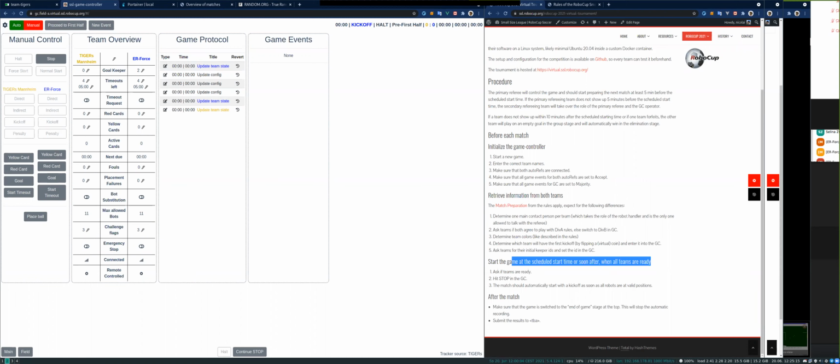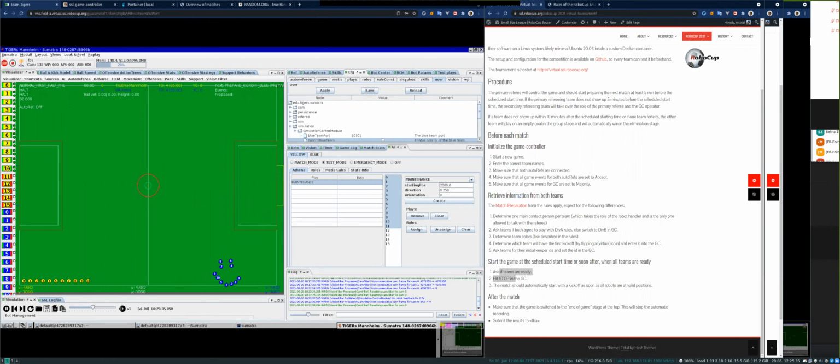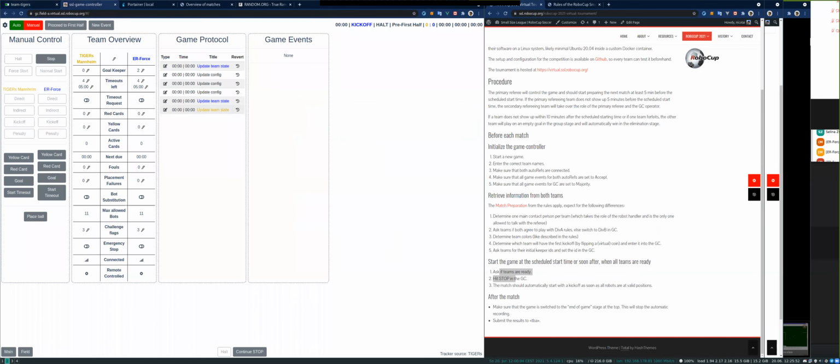Right. Now starts the game. It's a scheduled time. Well, we are a little bit off, but that was as expected, as I explained a lot. So now we ask teams if they are ready. So ER-Force, are you ready? Yes, we are ready. That's cool. Tigers needs to check if they are ready. But I hope that everything is fine here. Yeah, okay, we will see. All right, then we will start with,